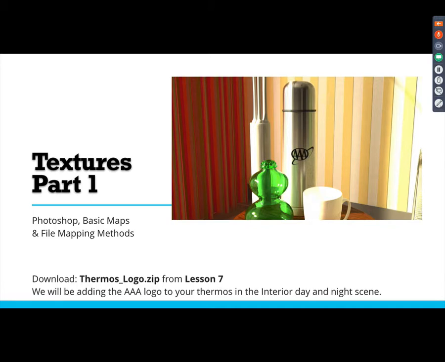Today we're going to be talking a little bit about Photoshop, Photoshop basics. We will be delving into Photoshop a little bit. What basic maps we need, what they should contain, what kind of information they contain, and different file mapping methods. Just like there are different ways to lay out UVs, there are different ways to assign textures or maps